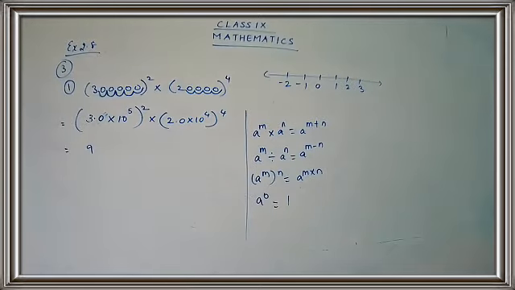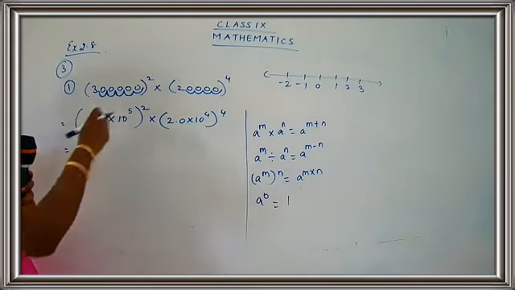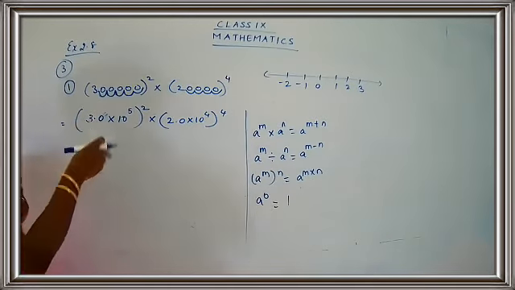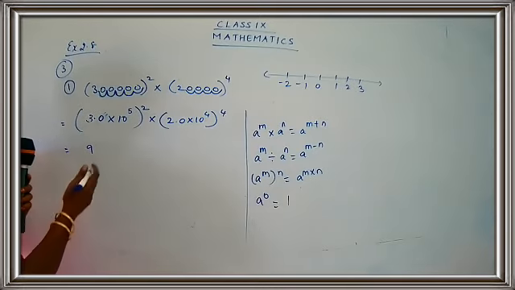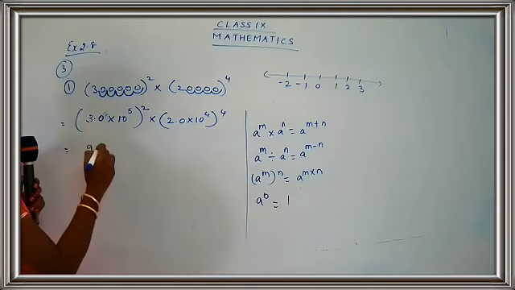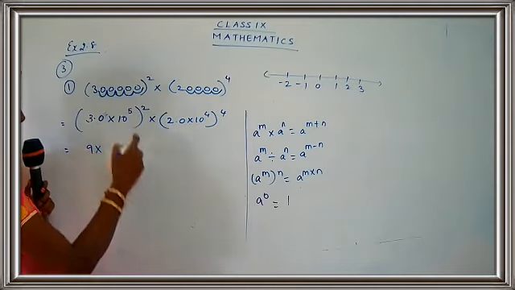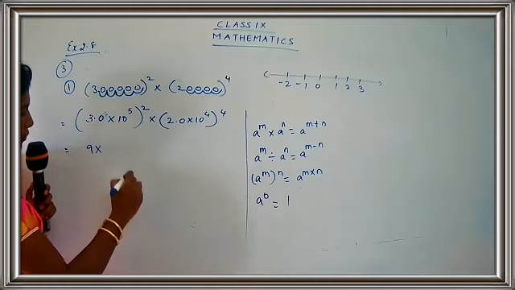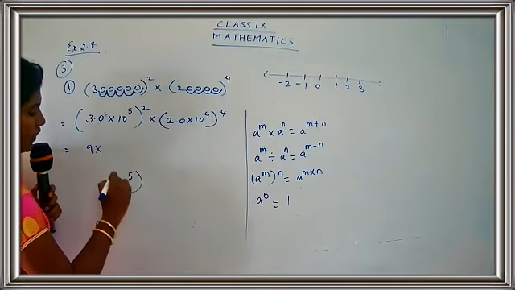Have you taken down the laws? Now let's write down further here. So now this is 3 square. You may ask, ma'am, this is 3.0 square. No need to worry. 3.0 we can consider as 3. And the answer is 3 into 3, 9. This is into, now 10 raised to 5 the whole square. Just see, I am just going to explain over here. 10 raised to 5 the whole square.